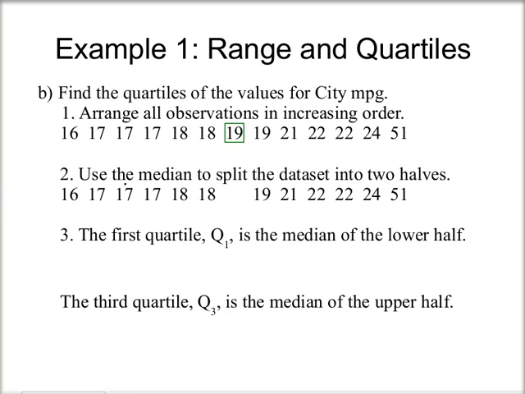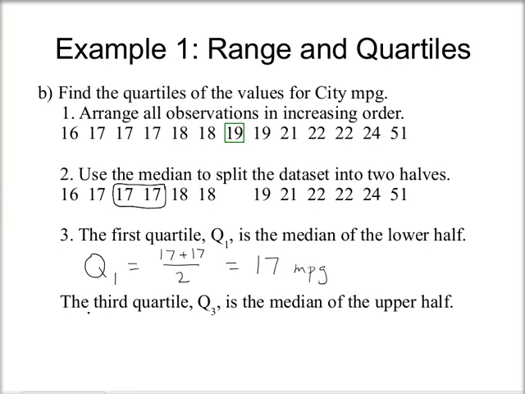So let's look at my lower half here. Now I've got 6 observations in each half. To find the median, I'm going to look at the center 2 and take their mean. For my lower half, I've got 17 and 17 as my 2 middle observations. So Q1 is equal to 17 plus 17 divided by 2, which is just 17 miles per